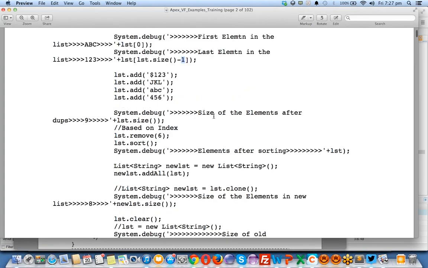I'm putting the debug log here by showing the list here, and I'm removing some value. There's one more method to remove a list value, right? That is lst.remove. lst.add is for adding, lst.remove is for removing. So here what I'm doing is I'm passing a simple index value, which means I'm removing the sixth value inside my list.